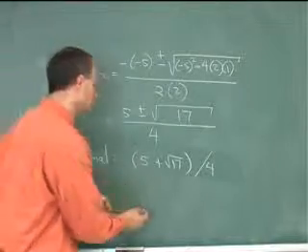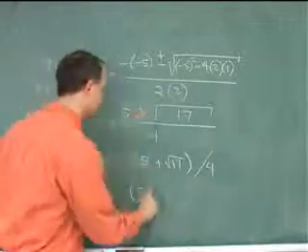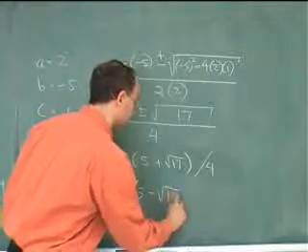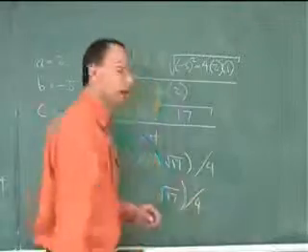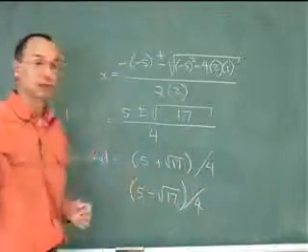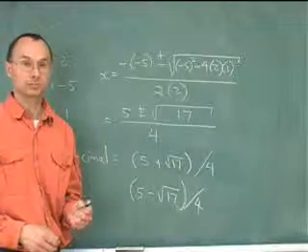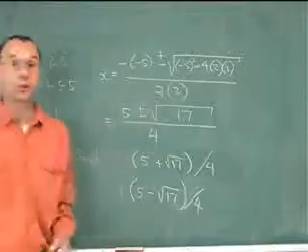To get the other decimal solution, again, use brackets, and it will be 5 minus the square root of 17, close the bracket, divide by 4. And that's if you want to get the decimals. I prefer to leave them as exact solutions. So there you have it. That is the quadratic formula and what it